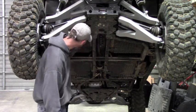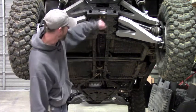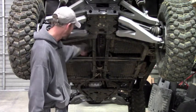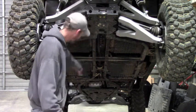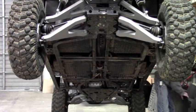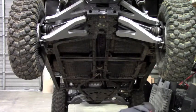I'm going to start with the M1 plate here, the front belly skid piece, work our way back, and then we're going to do the top piece last. It doesn't really matter what order you start in. You can start from the rear and work your way to the front, or start from the front and work your way to the rear. But I'm just going to start with the front belly plate, work my way back, and then end up with the top piece last. So at that point, you'll take your Ricochet skid plate and some of your cup washers